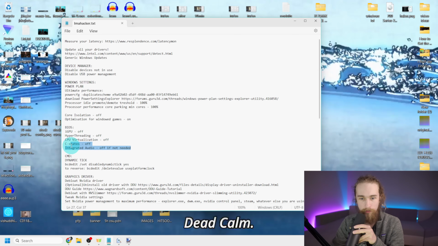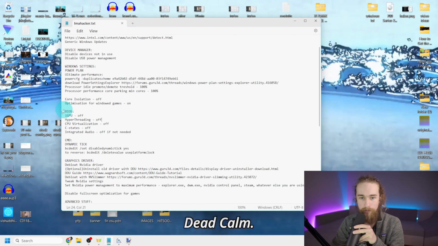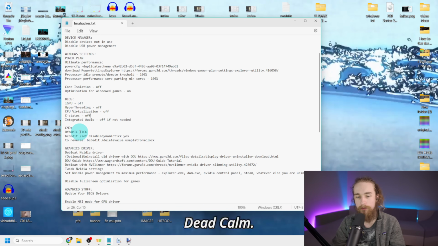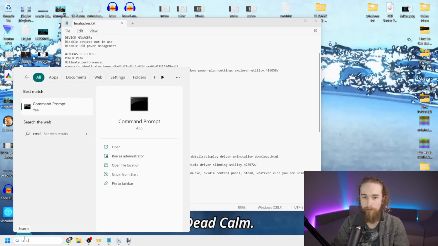I mean the BIOS stuff. And yeah, so we got all of this disabled and it should be good. The next thing, let's move on to the next one, which is the CMD. So the only CMD settings which I changed